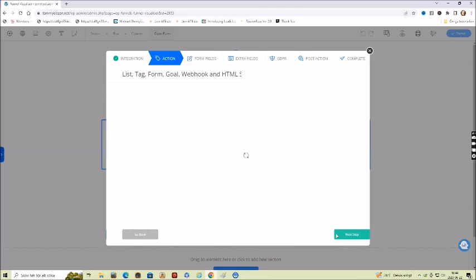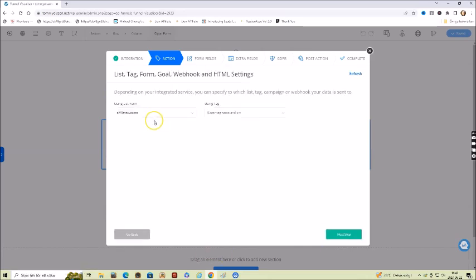And then we come to the next step with form fields. The fields that you have on your capture form, on your capture page, opt-in page. I only use email, so I'm going to mark that. And then we go to the next step. Here you can add extra fields if you want to in your form. I'm not going to do that, so I'm going to click the green button again.